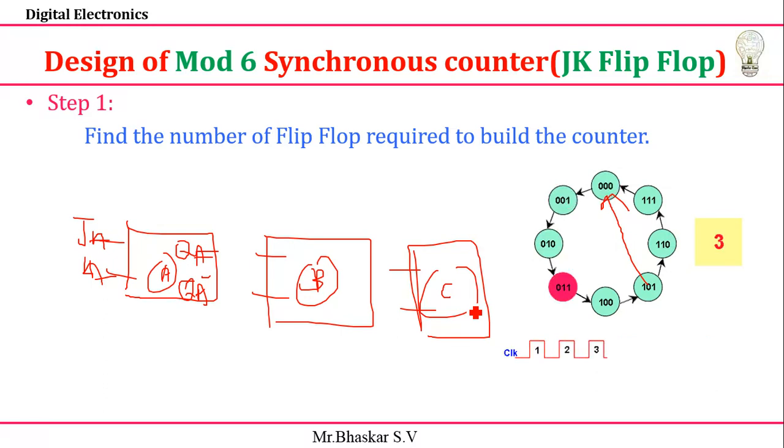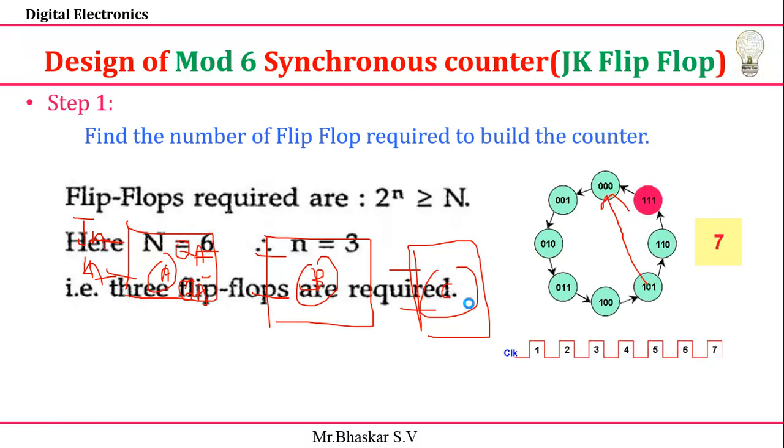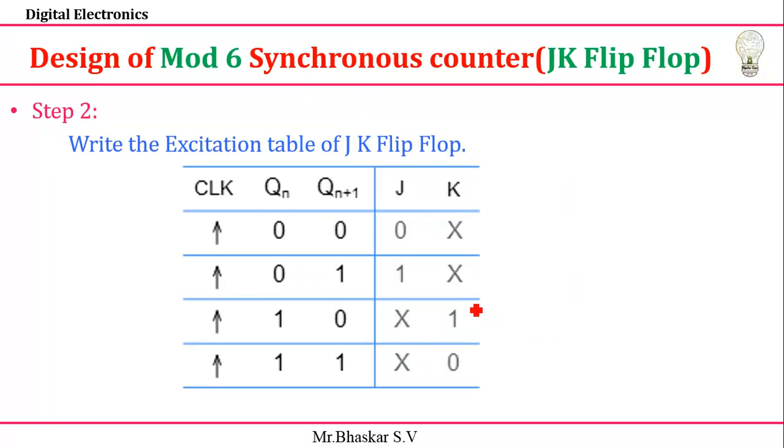So first, how to design my counter is very important here. It is a mode 6 counter. In order to obtain this, let's move on. First, it requires a JK flip-flop excitation table, so we can predict the inputs based on the outputs, the present state and the next state. You can see this is my present state Qn, and Qn plus 1 is taken as the next state. Suppose if it is 0 to 0, we get the JK value 0x, and we already derived this, you can check it out.